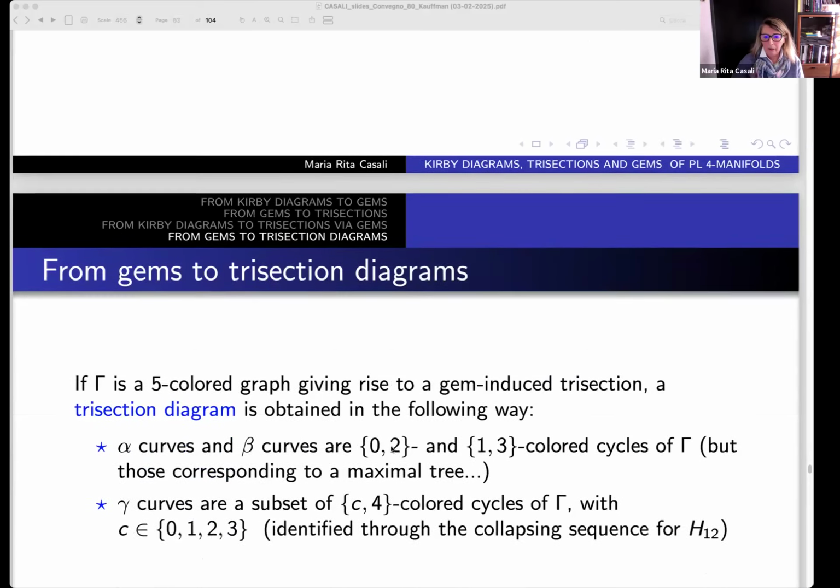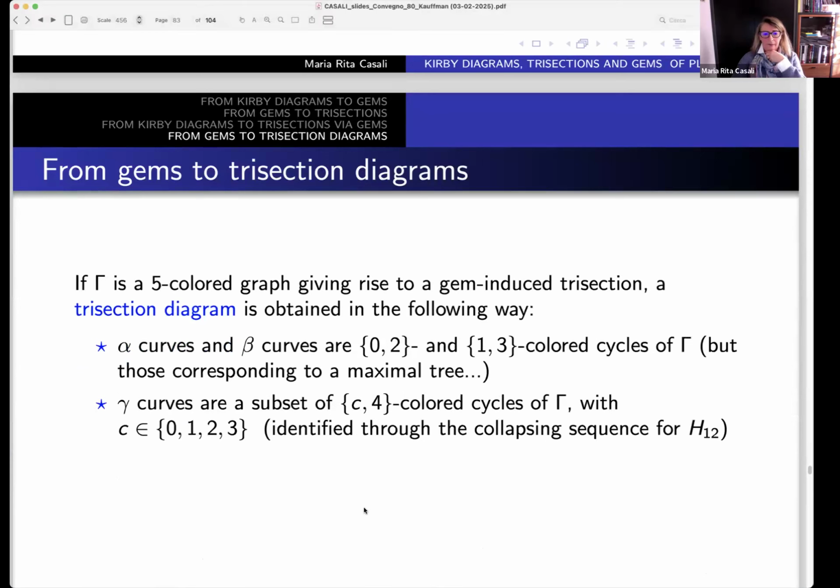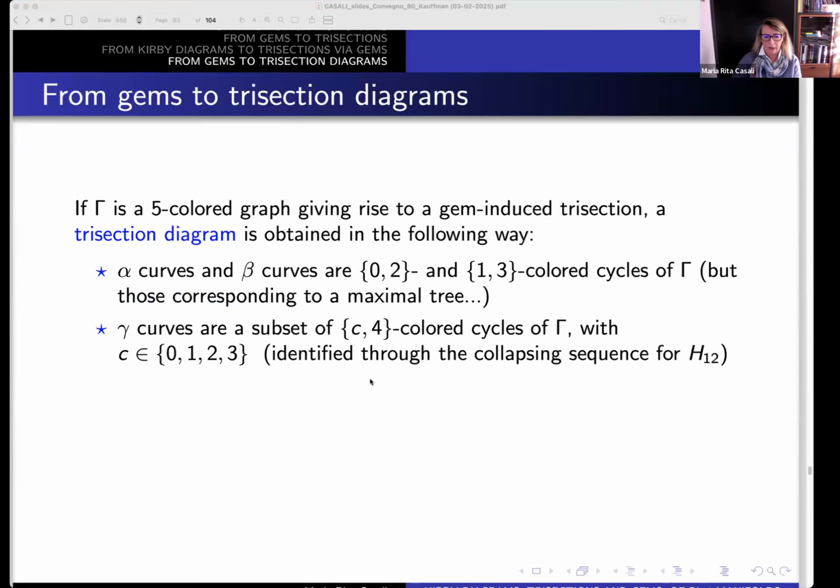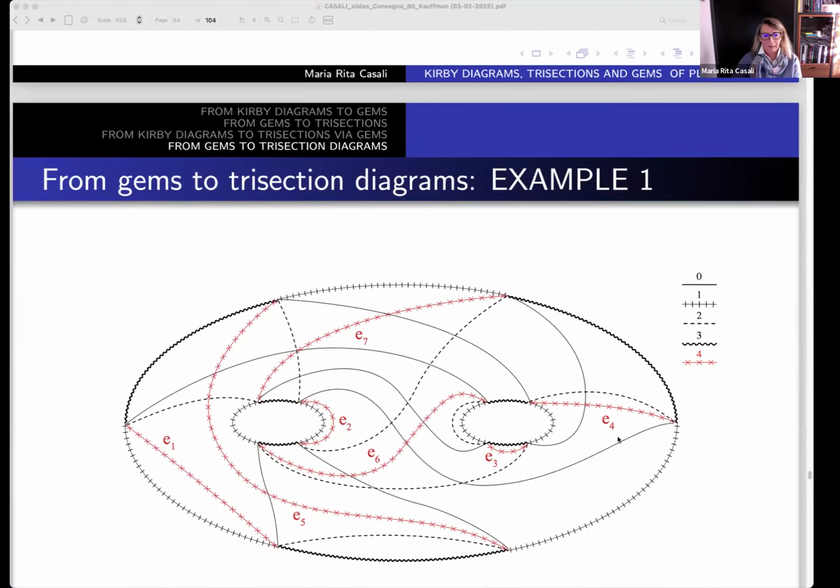Well, without going into details, I can say that if a 5-color graph gives rise to a gem-induced trisection, then a trisection diagram may be obtained simply by considering suitable subsets of bicolor cycles of the graph, which may be combinatorially identified by following the collapsing sequence of the third 3-dimensional intersection. For example, this is a gem of the